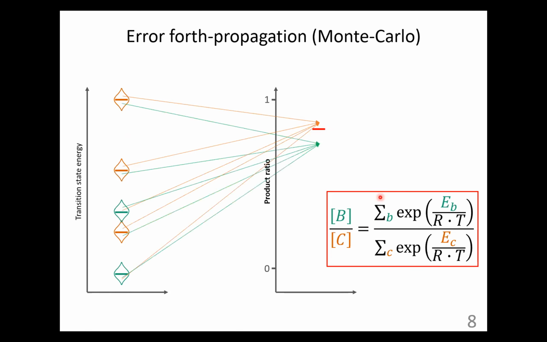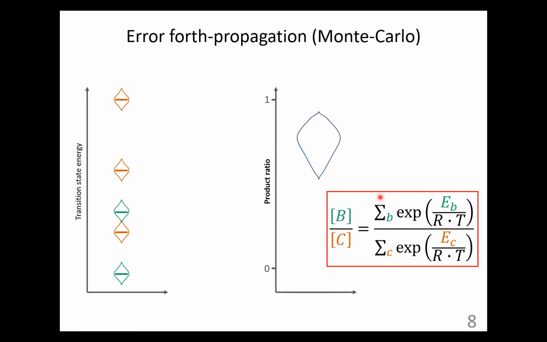Then we sample again and again, and this way we obtain a new distribution, a distribution of the predicted product ratio, which is no longer required to be, and it's actually not, a normal distribution. It has a very complex form. And just for reference, this is the same approach which is used by the company 538 to predict outputs of the elections in the United States.